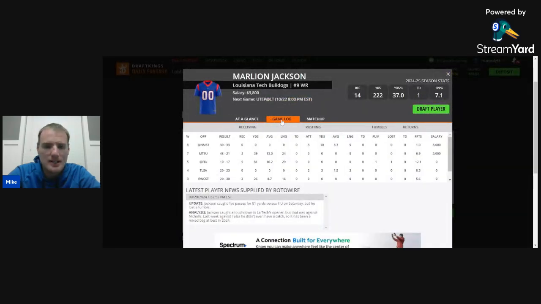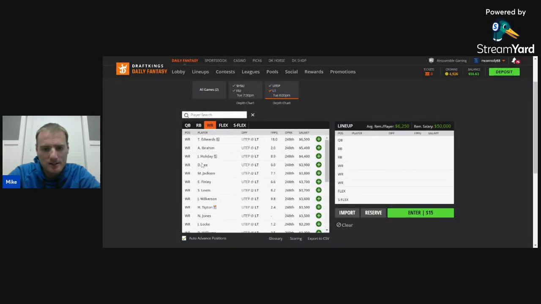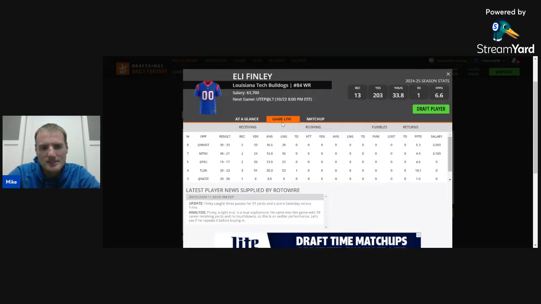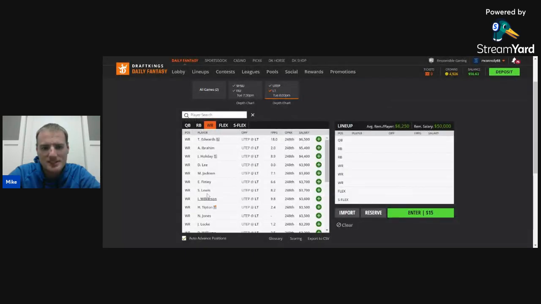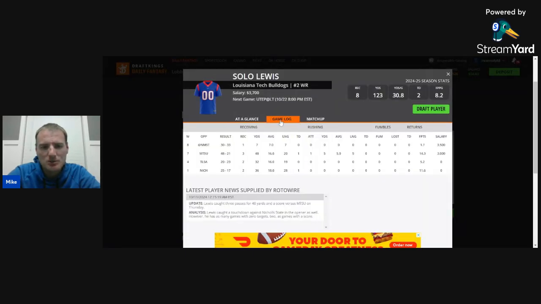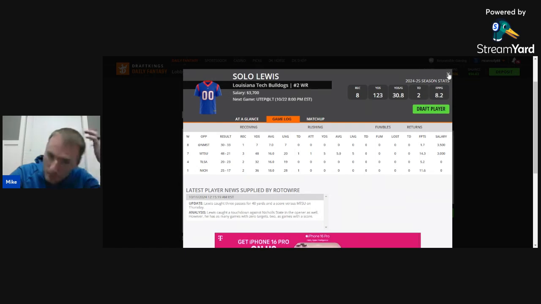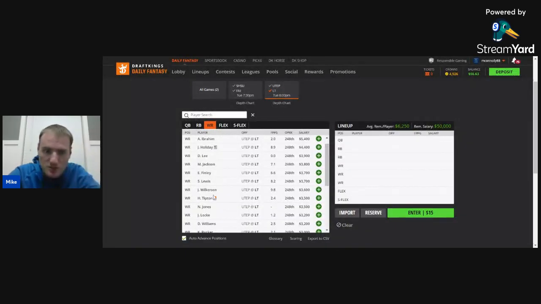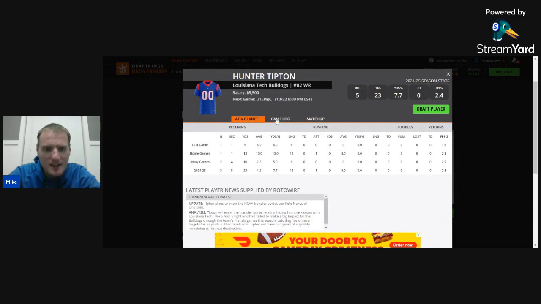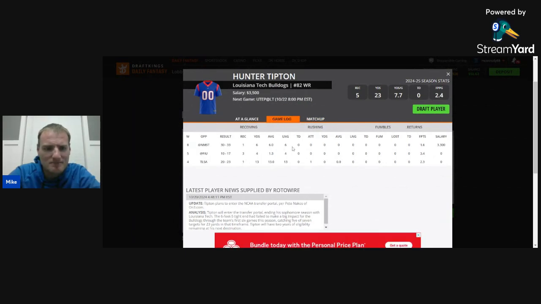Maryland Jackson is their second leading wide receiver on the season. He did have only 1 fantasy point against New Mexico State, though, a bit of a dud in that regard. Eli Finley is also quite regularly involved in the offense, 2-3 catches every single week, not a whole lot of upside. Solo Lewis just had a random decent game against Middle Tennessee, followed it up with not doing much at all against New Mexico State. And then Hunter Tipton against New Mexico State, he actually caught a pass, but